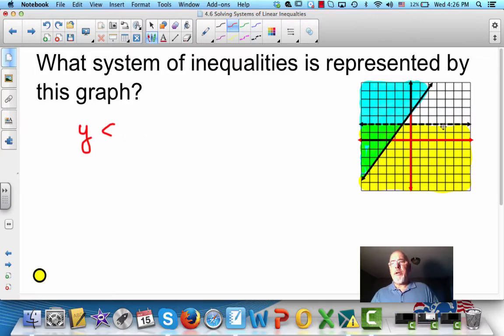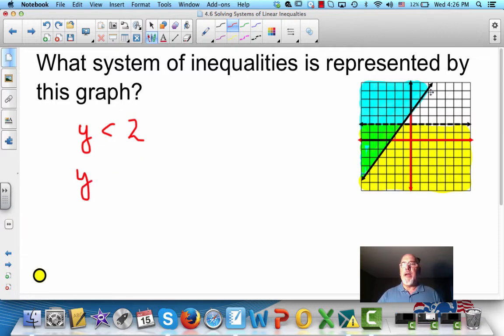It's a horizontal line, and you know that horizontal lines have 0 slope. So that's going to be 0 times x. But when you have 0x, you just don't put anything. And what's the y-intercept? The y-intercept is 2. So our line is y is less than 2. Now we do the other line. We've got y